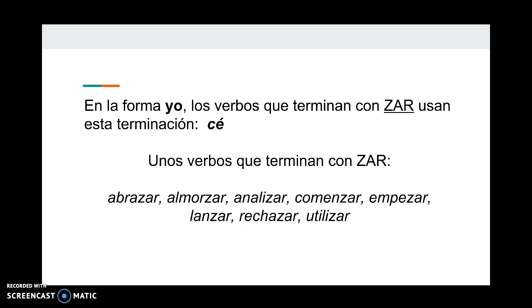Finally, we move on to verbs that end with ZAR. En la forma yo, these verbs use the ending CE, with an accent over the E. Some verbs you should know that end with zar are abrazar, to hug, almorzar, to eat lunch, analizar, to analyze, comenzar, to begin, empezar, also to begin, lanzar, to throw, rechazar, to reject, and utilizar, to use or to utilize. Now, pause the video,